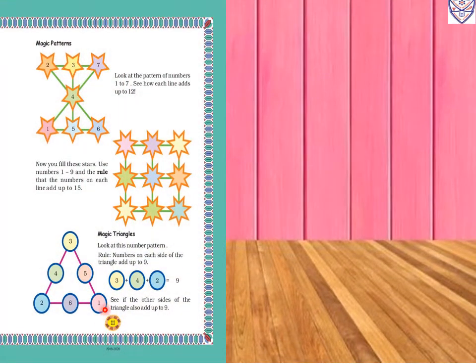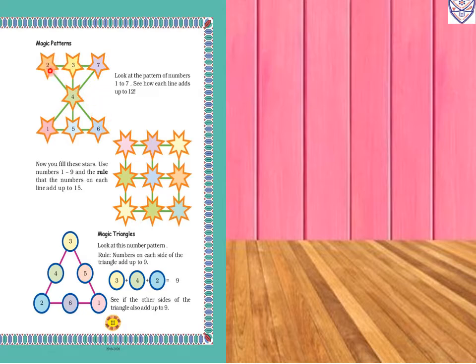Now page number 111, magic patterns. Look at the pattern of numbers 1 to 7. See how each line adds up to 12. See, numbers 1 to 7 are arranged in this design, and when we add the line, it will give us the addition of